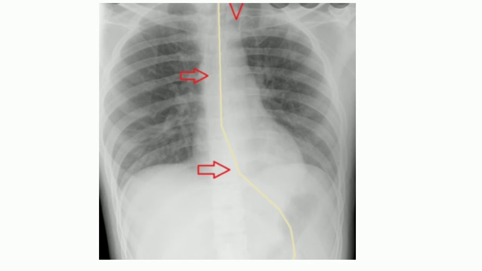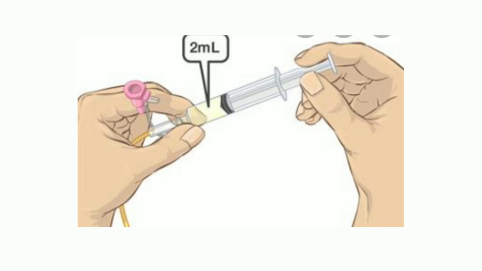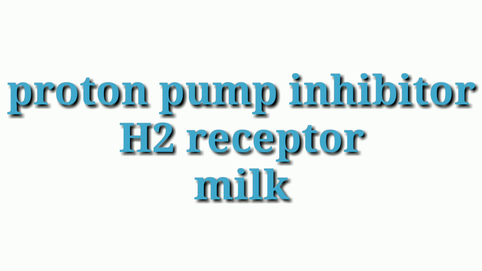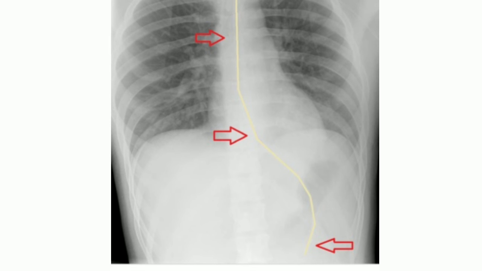Verify the correct intragastric position through X-ray or pH paper. So if the pH is 5.5 or below, we are able to feed the patient. It is only applicable for infants, children and adults. This advice is not applicable for neonates or preterm before 28 days. But proton pump inhibitors or H2 receptor antagonists may alter the pH, and also milk can neutralize the acid. So in X-ray, the tip of the tube can be seen as a white radio-opaque line and should be below the diaphragm on the left side.